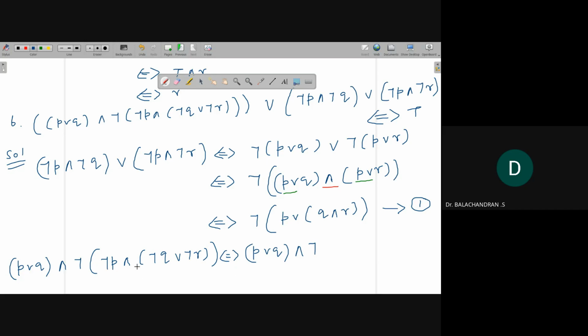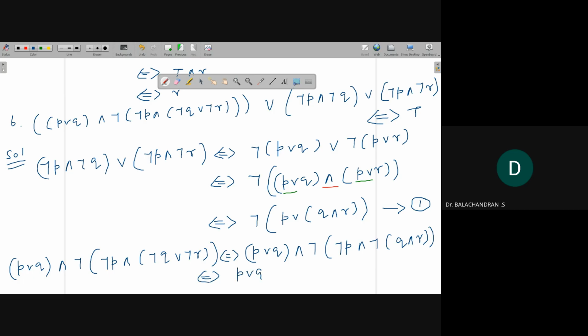Here you have negation P and, so apply distributive law. There is no need to apply distributive law. You can keep negation P. You can also apply distributive law, but I don't apply distributive law. Negation P and here I am applying De Morgan's law. If I take negation common, what will get? Q and R. Close this bracket and close this bracket. Okay, so this is equivalent to